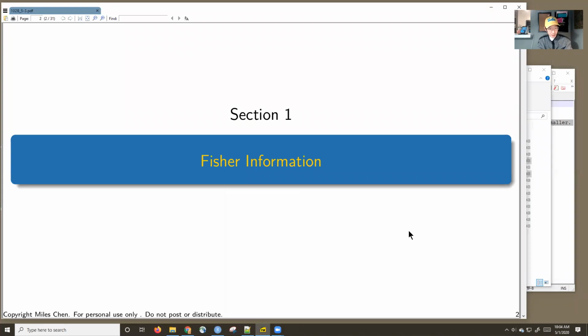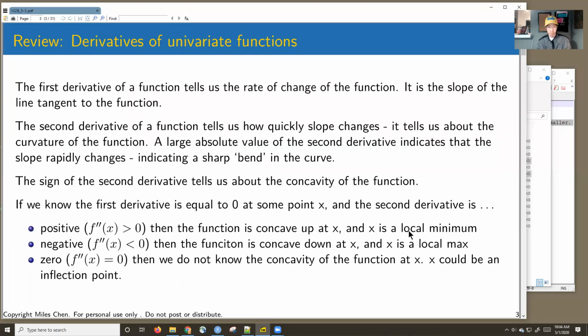Today's lecture, we will continue talking about Fisher information. We started introducing this on Wednesday, and we didn't get to finish. So I'm going to try to finish that here. On Wednesday we did a quick review of univariate derivatives, and